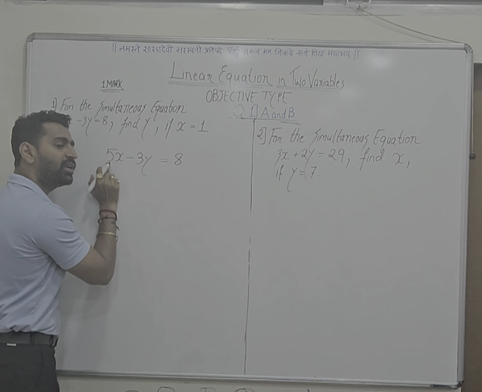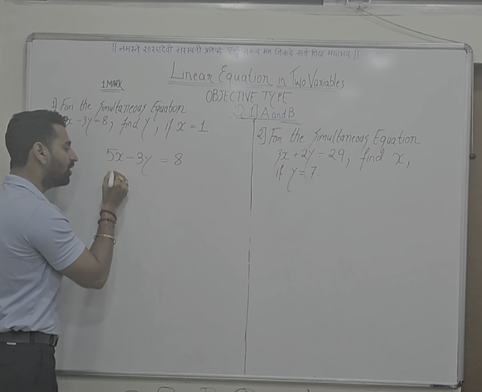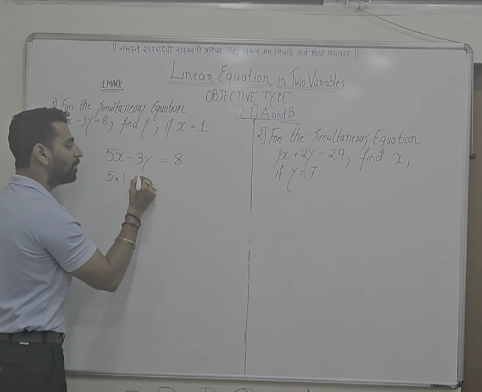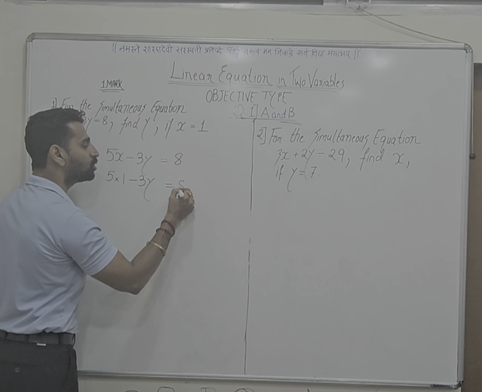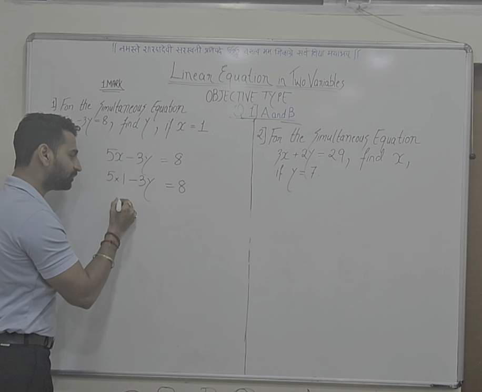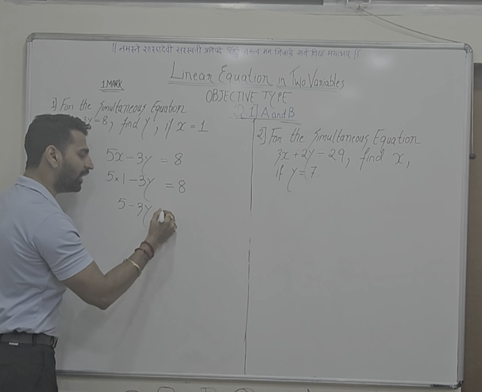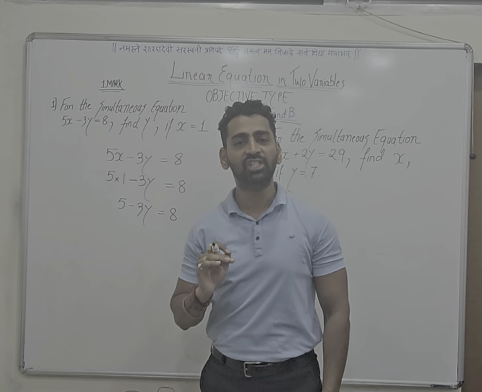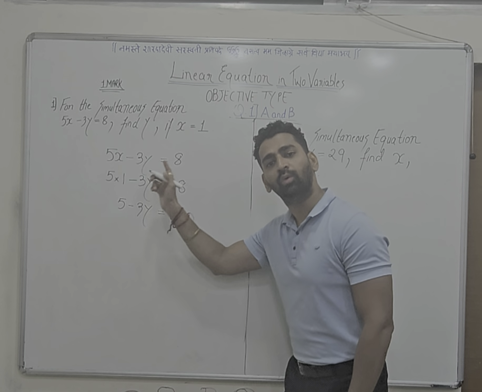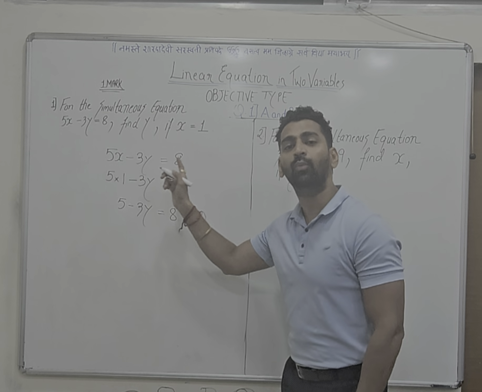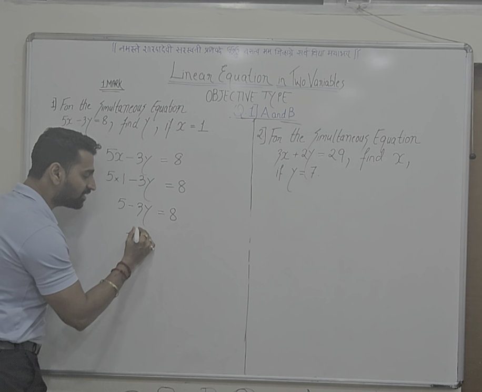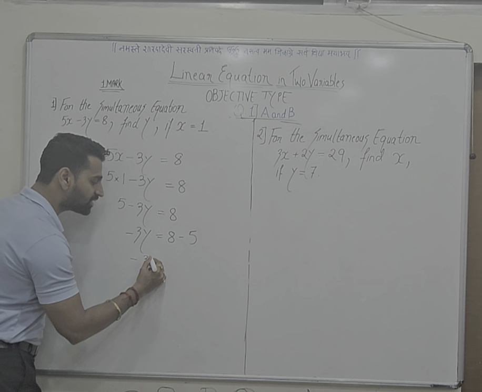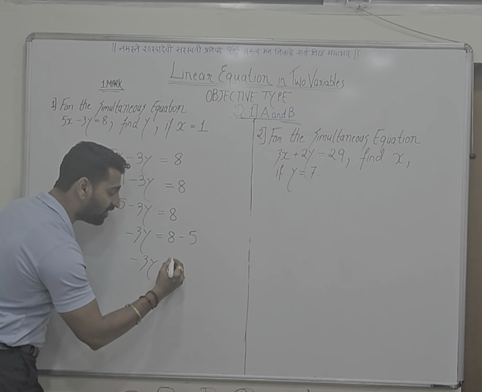So here we have the operation with 5 and x is of multiplication, where 5 multiplied by the value of the x will substitute 1. So 5 multiplied by 1 minus 3y is equals to 8. 5 ones are 5 minus 3y is equals to 8. As we know, as we drag the terms from left to right, the operation changes. So dragging 5 from left to right of the equation, its operation of positive will change to negative. So we have minus 3y is equals to 8 minus 5.